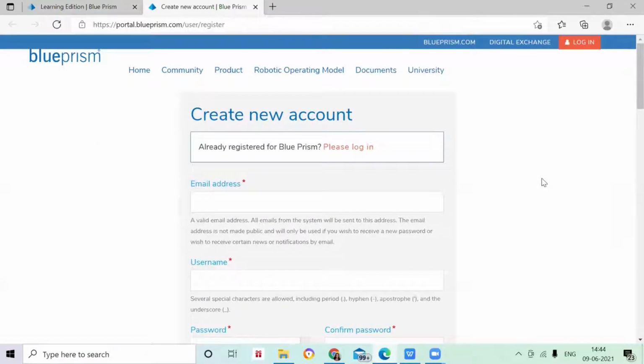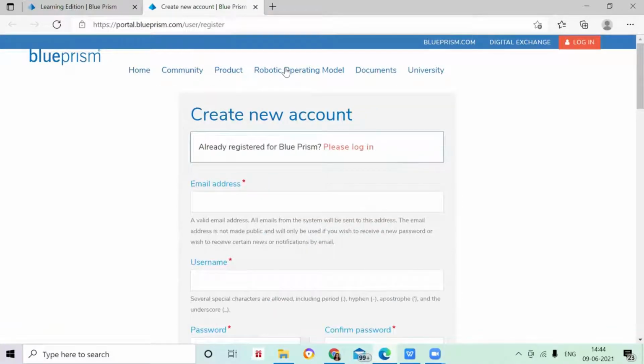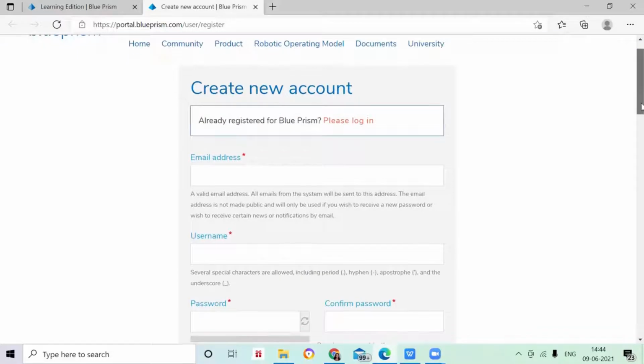It has been a little different from when I took the snapshot of Blue Prism, so you have to follow whatever the current website is asking you to do. Now you can see you have to create an account with Blue Prism. To create the account, you have to give your email address, and remember that in that email address you are going to get the licensed version of your Blue Prism, like one .lic file and one PDF.